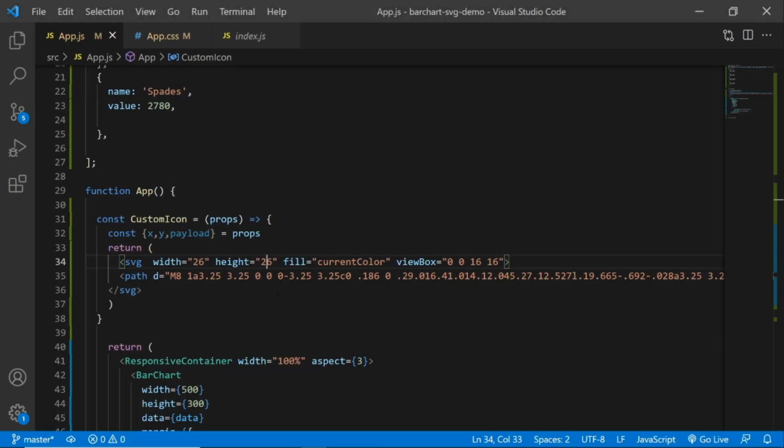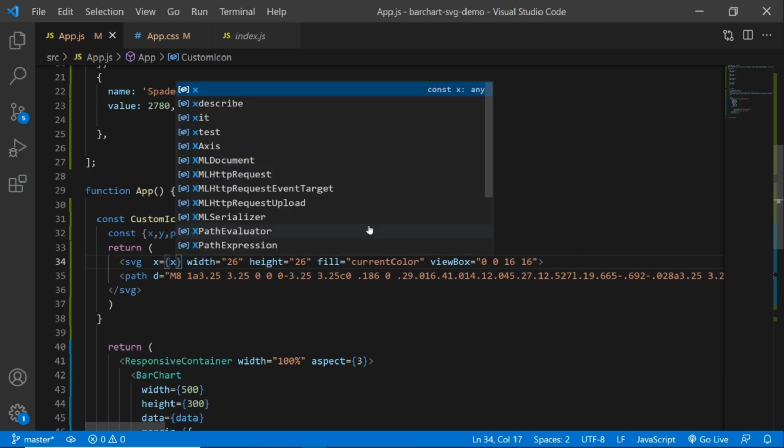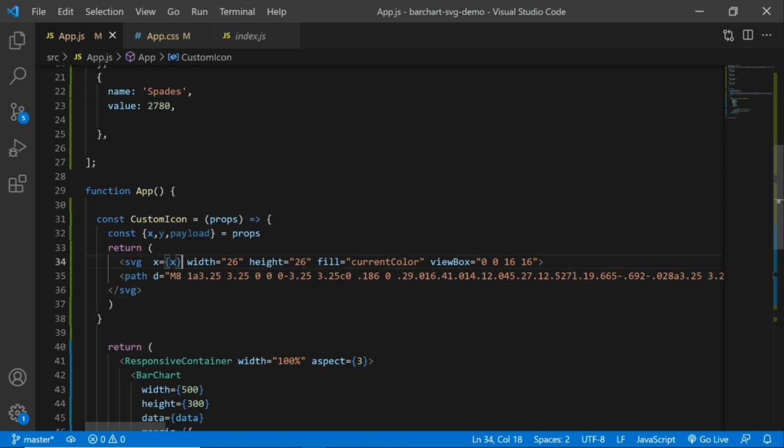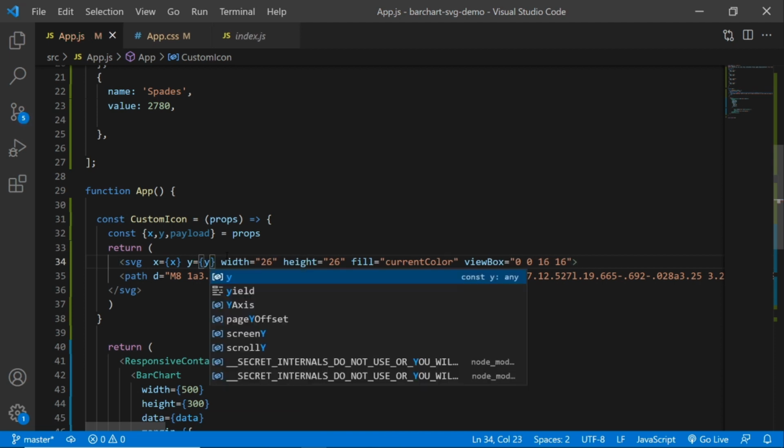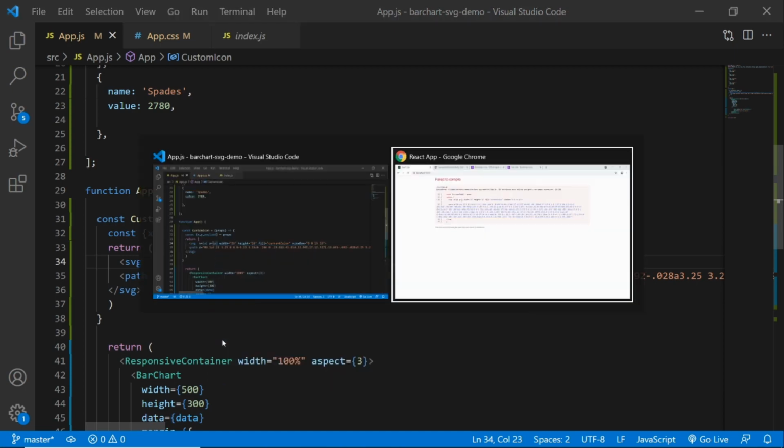this is where the x and y values come in. What I need to do is give it an x and y value. So I say x equals, open close curly brackets, and we give it the x value that we got from the props. Okay, and also we can do the same for the y value, which is equal to open close curly brackets, and it's y. Okay, now if I go to the browser,